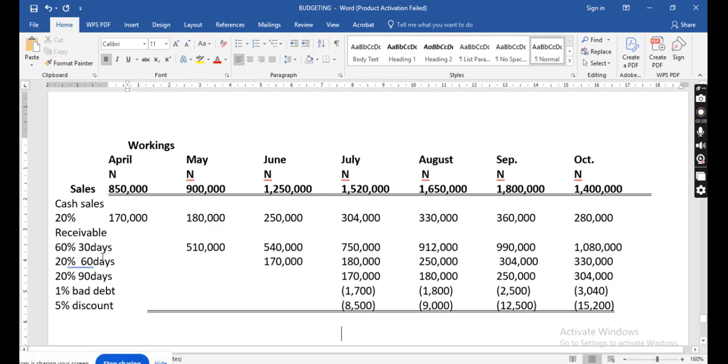Based on your explanation, I tried to apply it to see whether I would get the same 850, and that one gave me the same 850. But that's not what we did there. So which means that these 60 days we didn't arrive at the same thing. What I did was 60 days multiplied by the 80% that is left on that cash. So that one gave me 408, that is the credit. You now minus the bad debt, right? No, I've not minused. I just did everything to see whether I'm going to arrive at that 850. I'm not looking at it that our 60 days and 90 days answers are not the same.